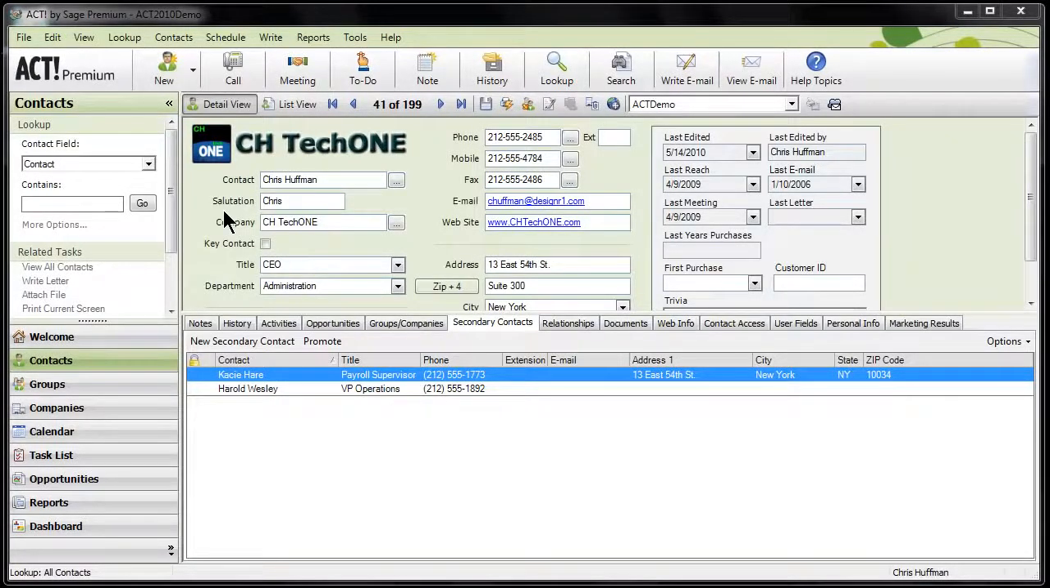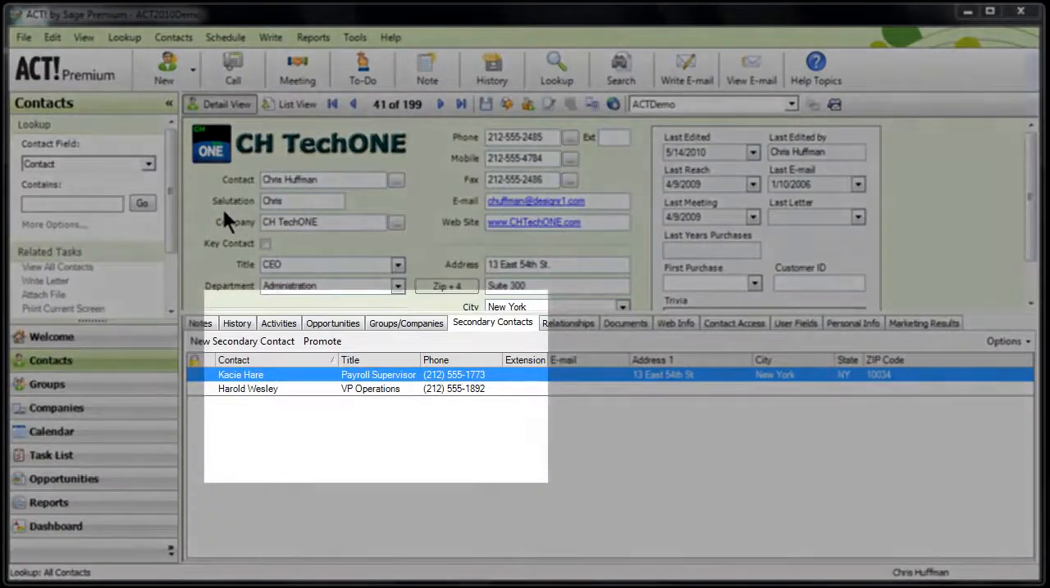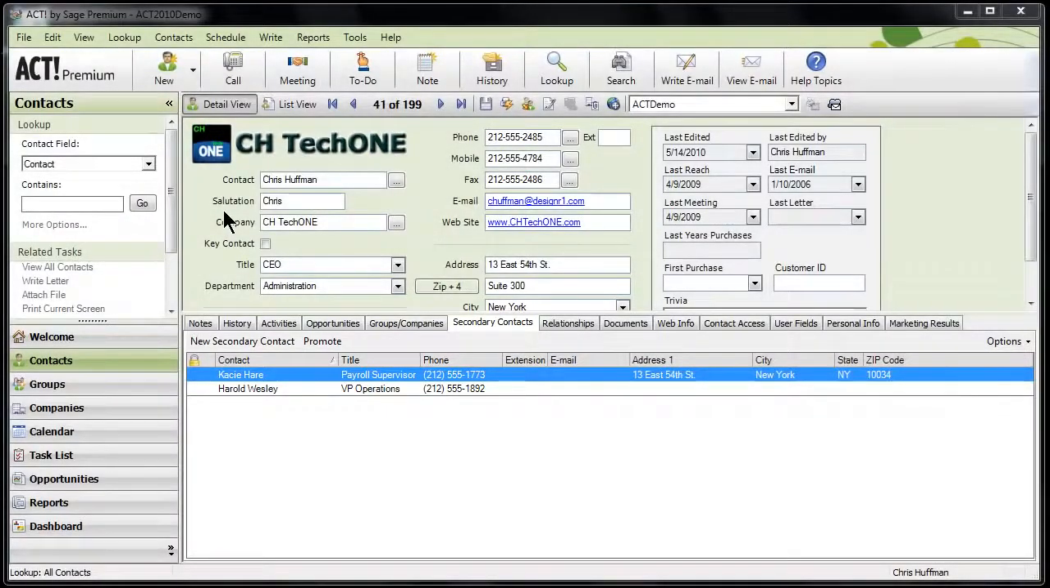In today's video, we're going to show you our secondary contact exporter utility. Inside of ACT on a contact, you have the ability to associate a contact as a subcontact or a secondary contact. These secondary contacts are treated as second-class citizens, if you will, and you can't export to them, you can't